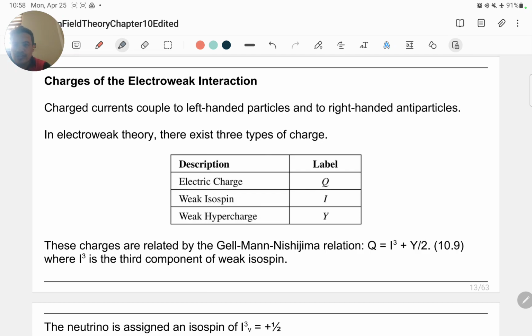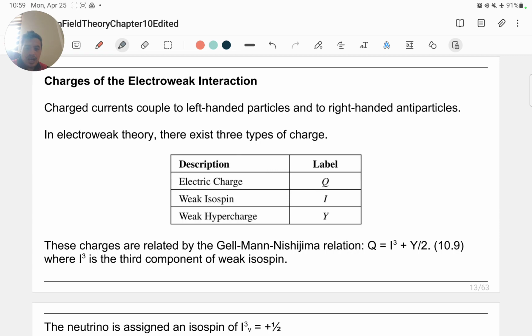Now we will go to the charges of the electroweak interaction. Charged currents couple to the left-handed particles and to the right-handed particles. In electroweak theory, there exist three types of charge: electric charge, weak isospin, and the hypercharge, or weak hypercharge. These are related by the Gell-Mann-Nishijima relation, which is just given by